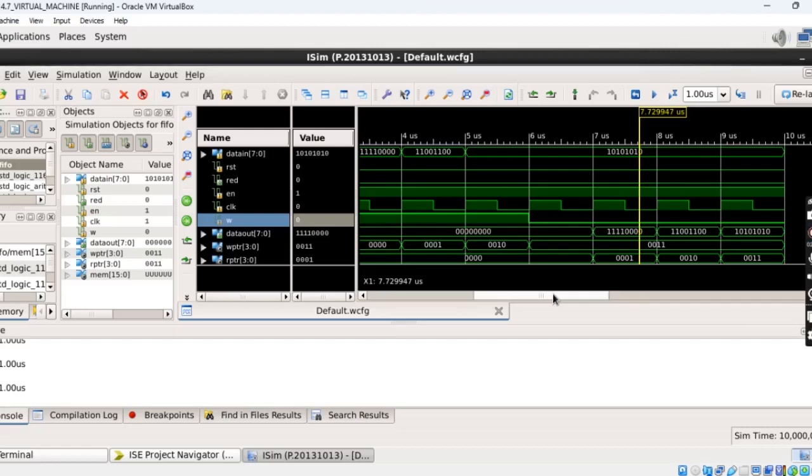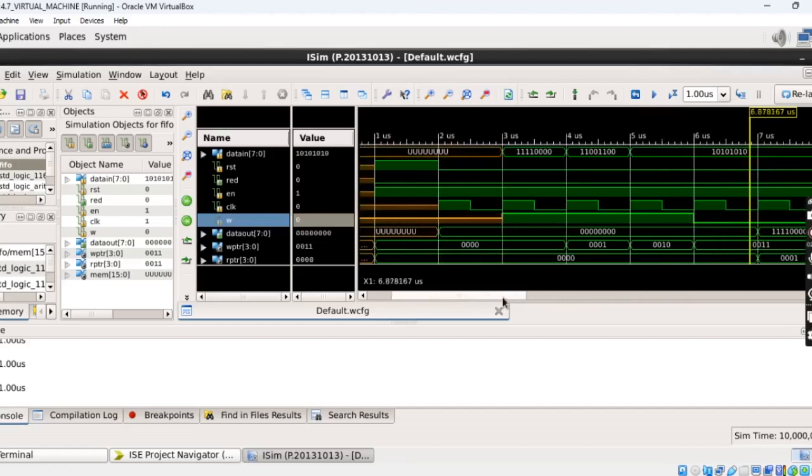And if these 16 locations are full, that means the value of the full flag is 1. Now here the flag value is 0, that means there is still some room available in the memory, because only 3 locations are occupied, so only 3 values we have entered, so some more locations are available. But again the concept is the same. This FIFO memory gives output in the same order in which the data is written into the memory.